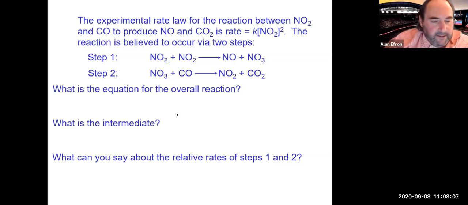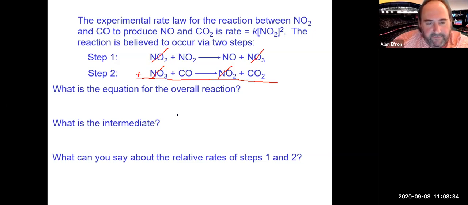Okay, so since we're getting to the end here, let us take a look at what we got going on. So first one, pretty straightforward. We're looking for the overall reaction. So basically what we want to do is add both of these steps together. Again, whatever is the same on opposite sides of the arrow will cancel or reduce. So NO3 could go away, it looks like. We could also get rid of an NO2. And I think that should leave us